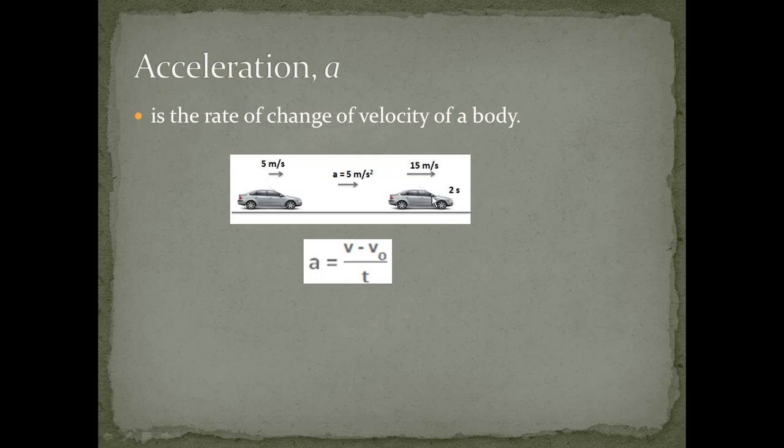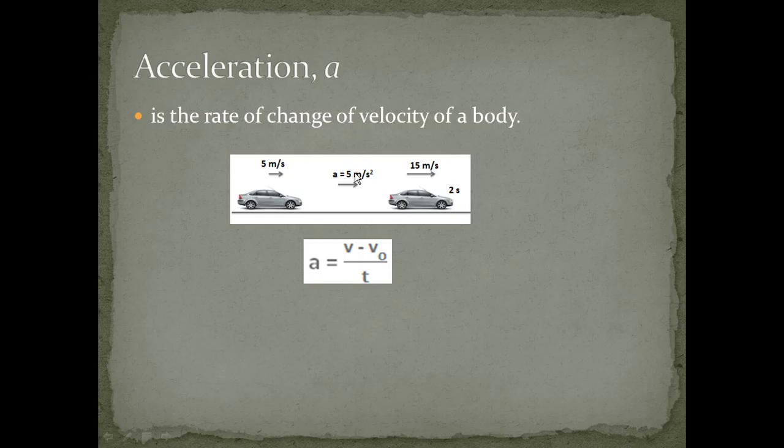Okay, so as you can see on this illustration, the final velocity or the later velocity is 15 meters per second towards the east or towards the right, minus the initial velocity, which is 5 meters per second towards the right, divided by 2 seconds. So you have actually 15 here minus 5 gives you 10. 10 divided by 2 seconds, so that you have 10 meters per second divided by 2 seconds gives you 5